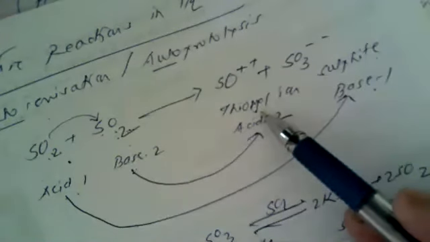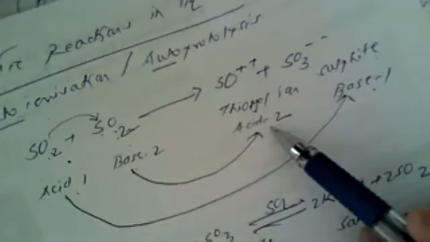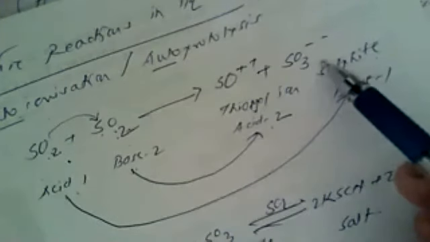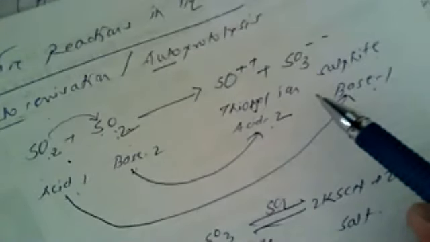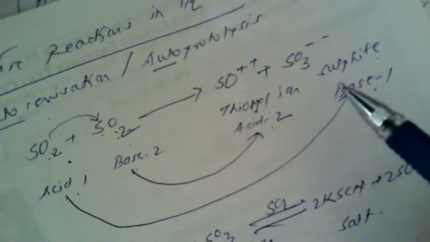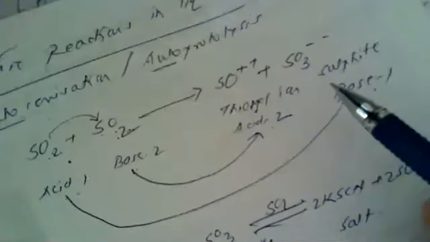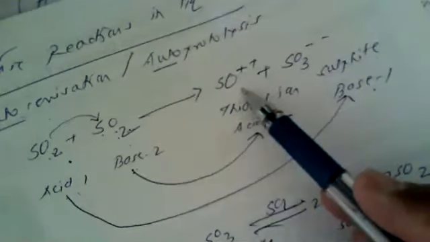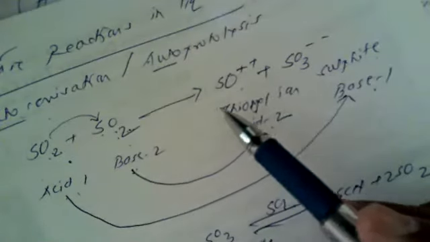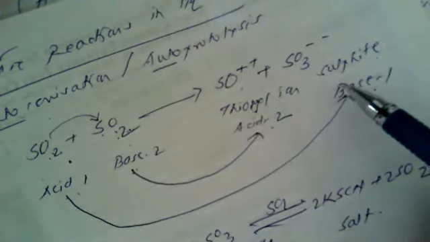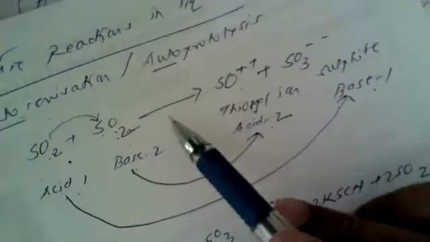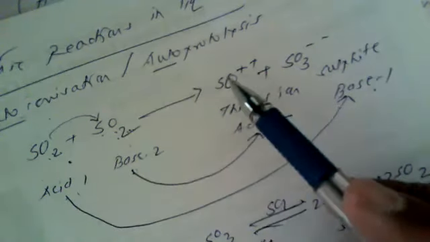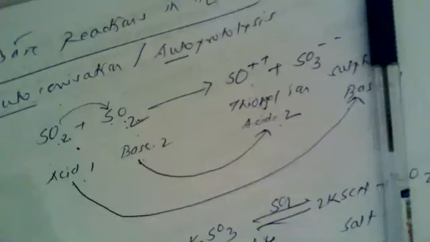these thionyl ions act as an acid, while sulfite ions act as a base in presence of liquid sulfur dioxide. Thus, the substances which dissociate to produce thionyl ion, that is SO2 2 plus, behave as an acid, whereas those which dissociate to produce sulfite ion, that is SO3 2 minus, behave as a base in presence of sulfur dioxide. Hence these are known as the acid base reactions that are taking place in liquid sulfur dioxide. So we shall again